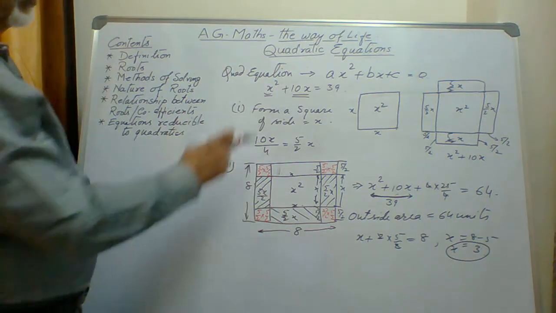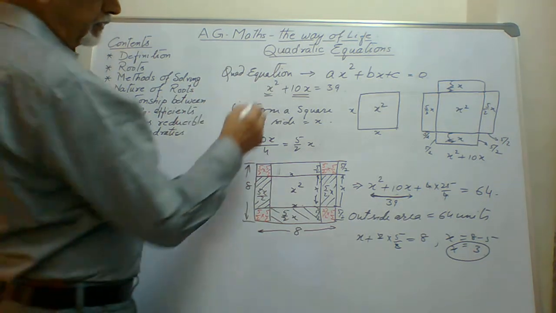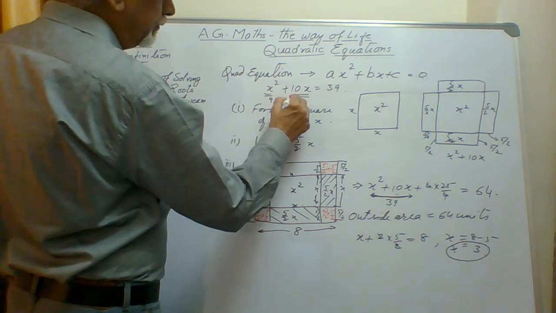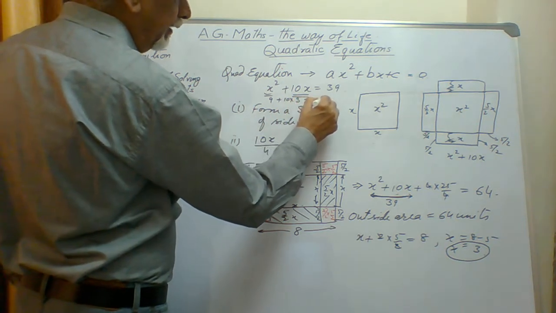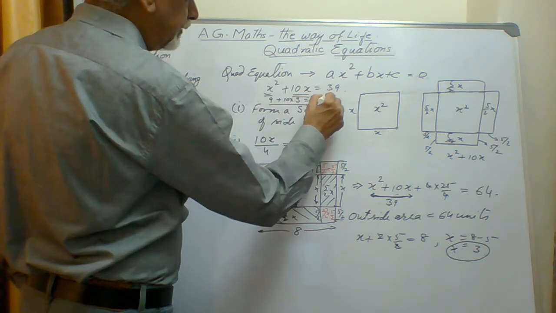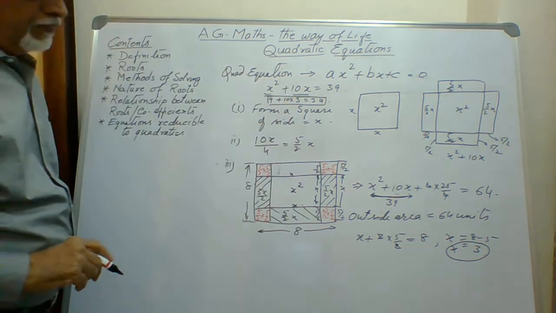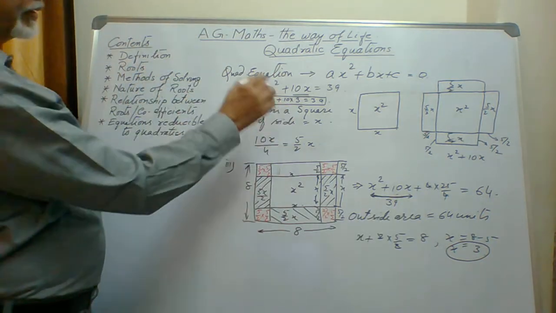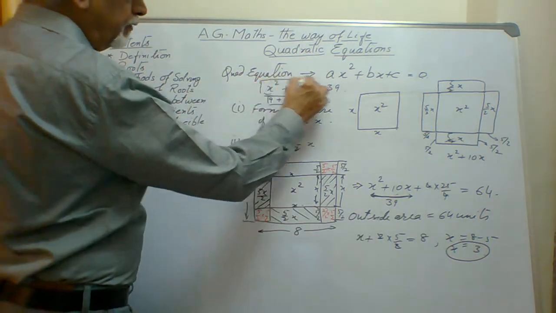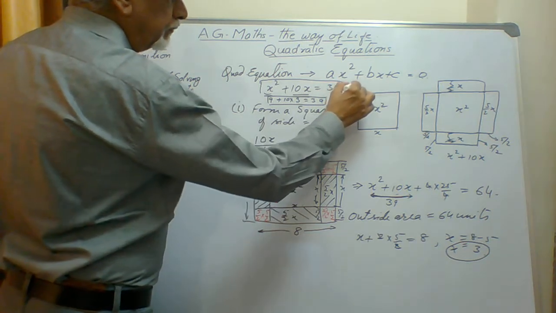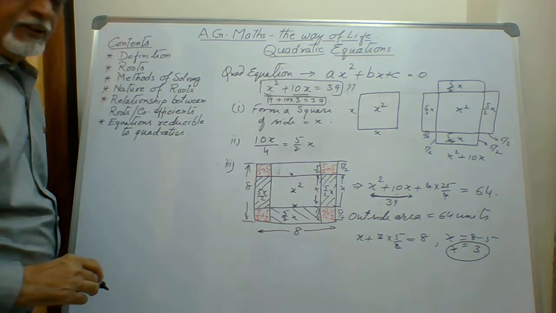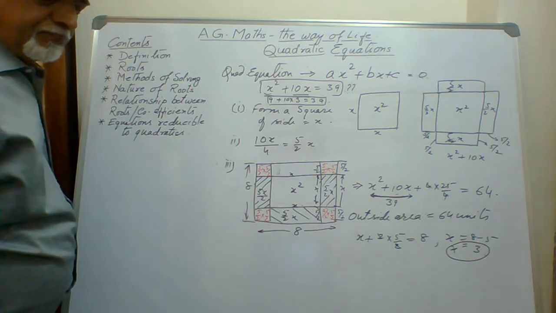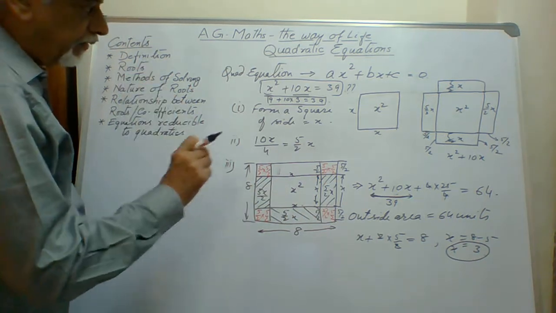If you put it here, you see whether it satisfies or not. 3 square is 9 plus 10 into 3 is equal to 39. So it is satisfying the given problem. If it is satisfying, that means x is the root of this equation, x square plus 10x equal to 39. And we are getting only the positive value because in earlier days, these mathematicians considered only the numerical